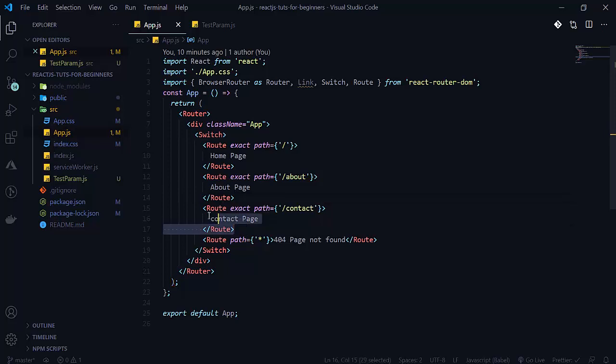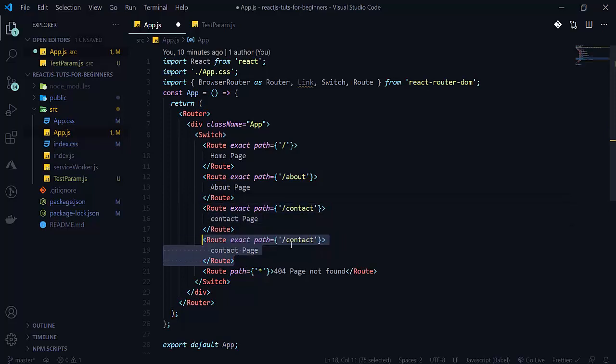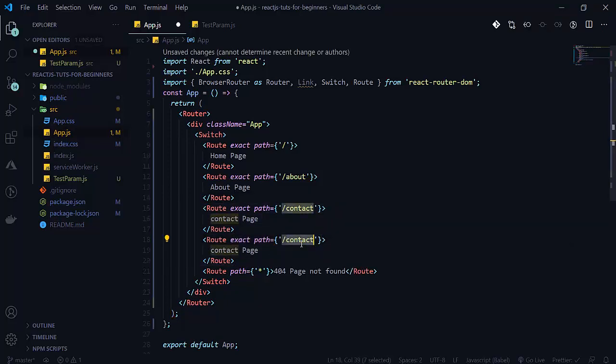So first of all, let's create a path here. I will create a route here, param route, name is param route, and then I will pass id here. You can write any name here. This colon means a parameter, because you are passing a parameter to it.